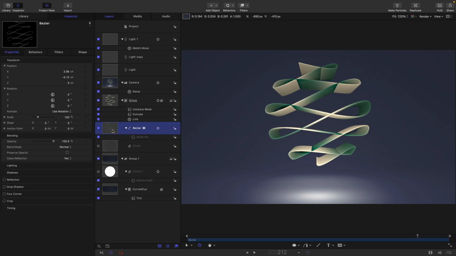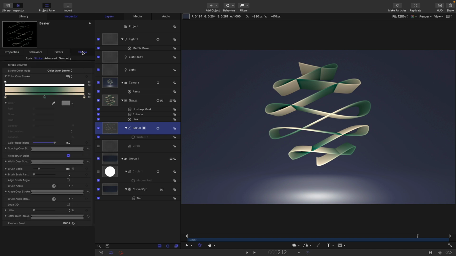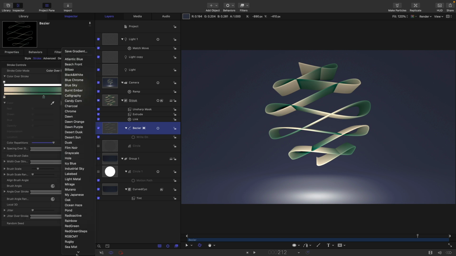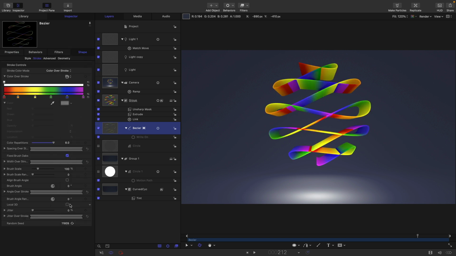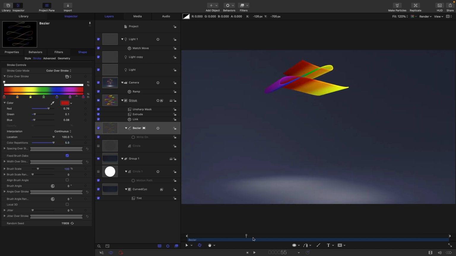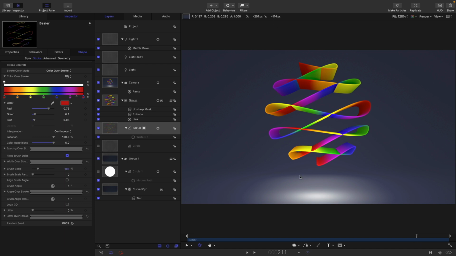Obviously you can choose any color you want for this Bezier shape. You know, supposing you didn't like this, you wanted to go absolutely wild, like you could have rainbow or something. What you do need to do, as I say, is you always need to have a sort of a loop. So I would move this over. I would take that red from that end, hold down the Option key, drag it all the way over here, click on this button here just to even up the tags. Maybe that's too many repetitions for this. Let's go down to about 5 for that. But there you go, we've got this really rather gross colour, but you know, you might like that. Not really my cup of tea. And I'm going to go back